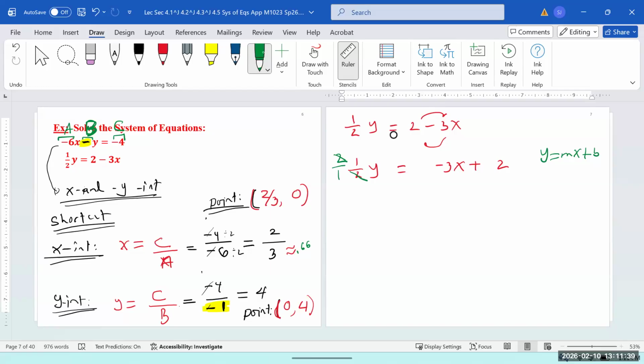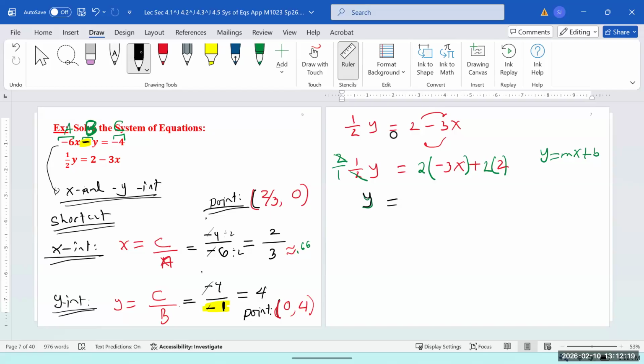But math is fair. Remember I said before? If you multiply one thing by 2, what do you have to do to the other side? We need to multiply the second one by 2. We need to multiply the third one by 2. So if you give gift toys to one kid, you have to bring toys to every kid in the house. Otherwise, you're in trouble. They will fight and they'll make it crazy. So that's why math is fair. Math doesn't want to get crazy. So we are fair. We multiply every term by 2. So now our y is alone.